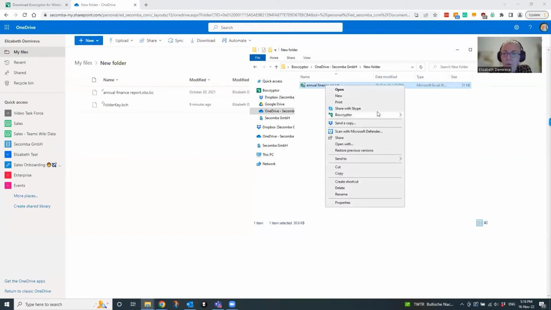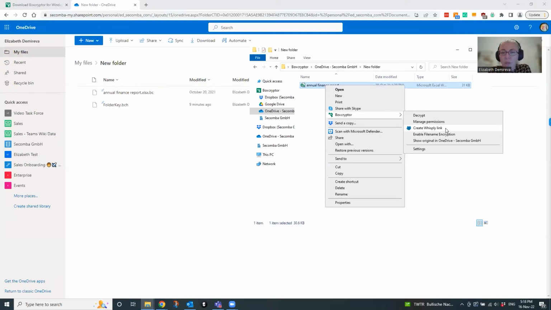Once again, I will do a right click, go to the Boxcryptor menu, and choose the Create Wisply link option. So here's a little more info about Wisply in case you haven't seen it so far. Wisply is the second security product that our company has developed, and it's fully incorporated within Boxcryptor. So if you have a Boxcryptor account, or if you sign up for the company trial, you will be able to